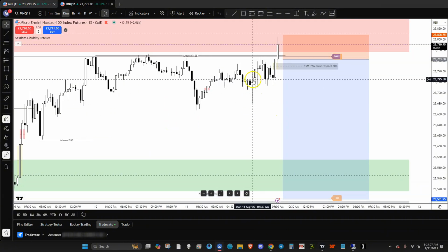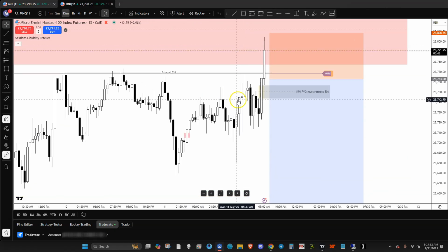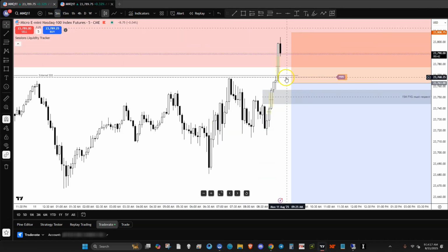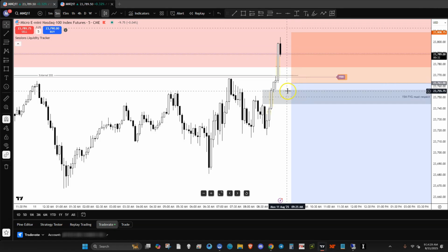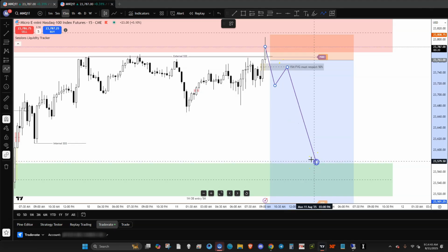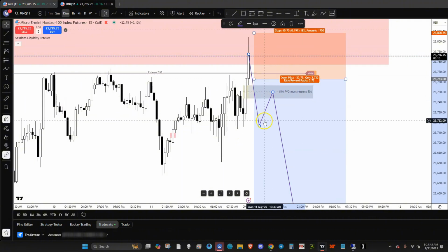Alright guys, so we finally broke out of this consolidation. So pretty much what I'm waiting for is two things: either for a 5-minute fully engulfed candle. That means that this candle has to be engulfed or eaten by the bearish, maybe two candles, one closes under the other, or we pretty much want to wait for a fair value gap to be inverse. So pretty much this fair value gap has to break,